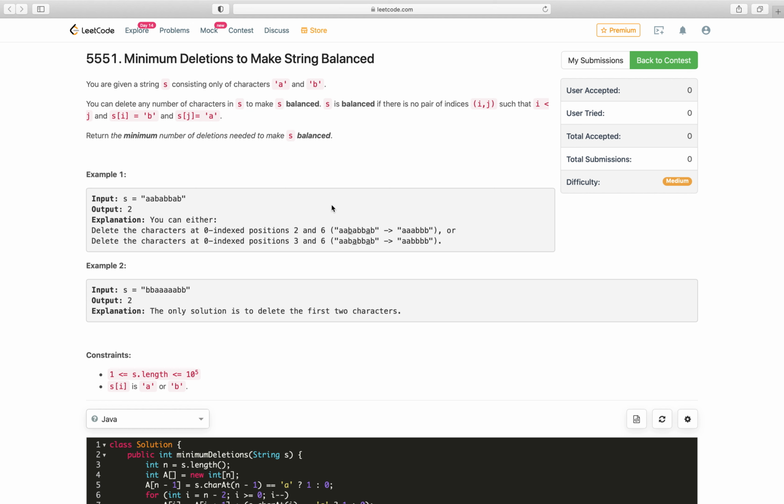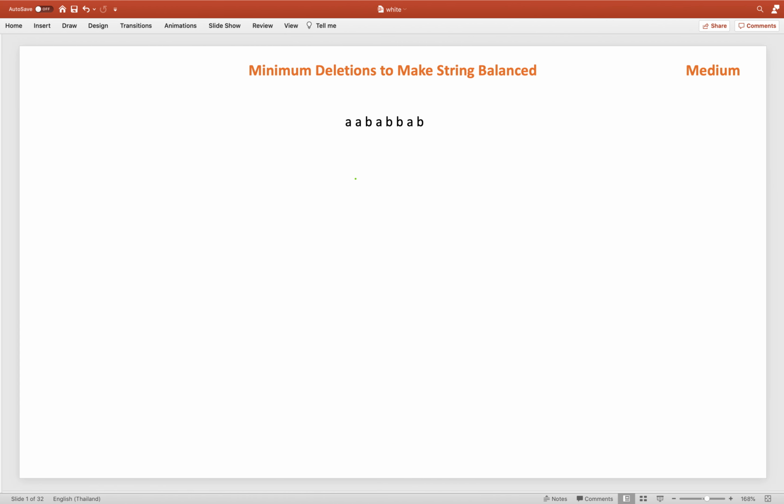So which means we have to find the point where all the characters on the left side are A, and on the right side are B. If it's not, we need to check how many minimum characters we need to delete, and that is what we have to find out. So if this is the string, if it is A, we will continue. Once it is B, at that point we need to take the decision: either we delete the B and continue with the continuous A, or we start the continuous string of B going forward from here.